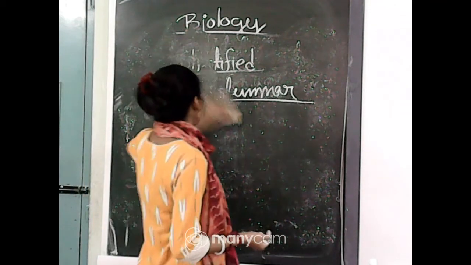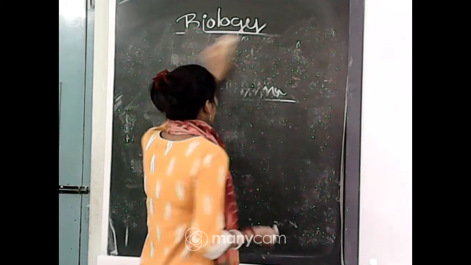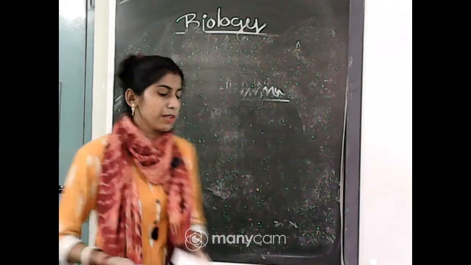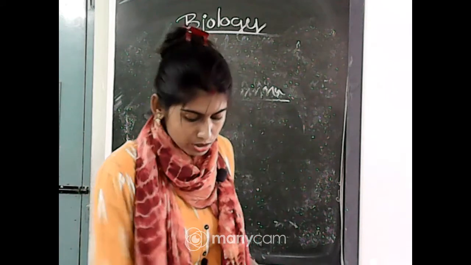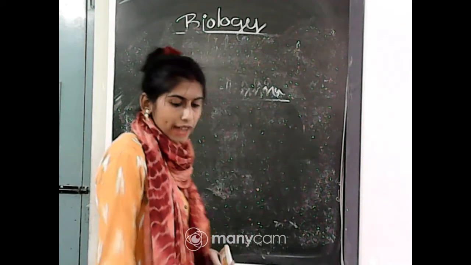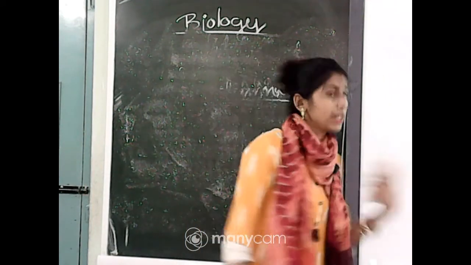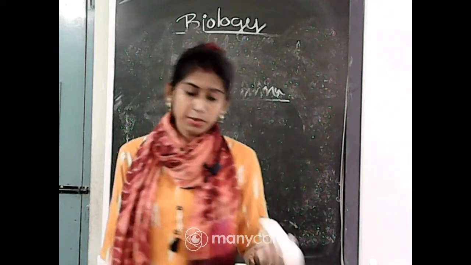So these are all about the different types of compound epithelial tissue and simple epithelial tissue. That means covering epithelial tissue. Only glandular epithelial tissue is left. In my next class I will talk about the glandular epithelial tissue.